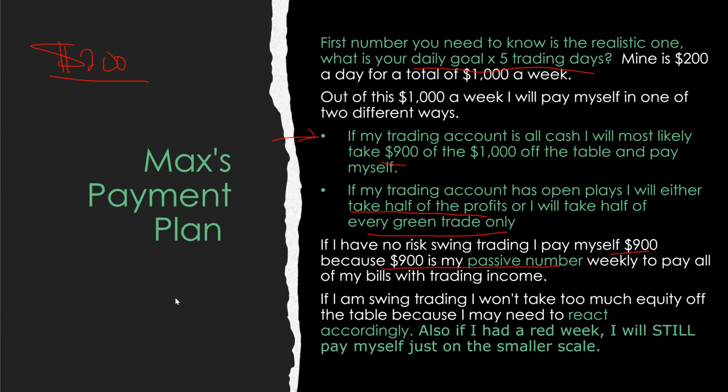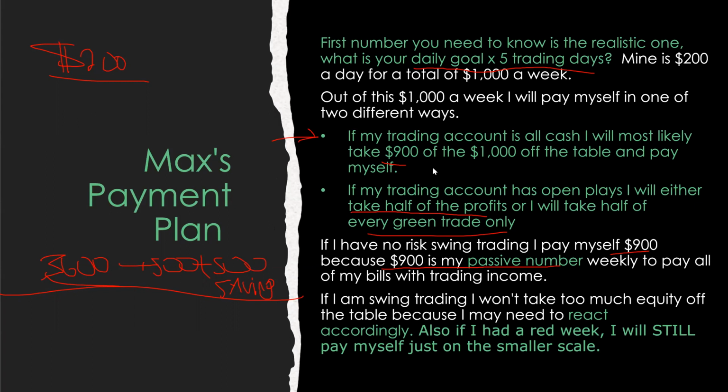Think about this. What number do you need to pay all your bills and survive comfortably? So $3,600 a month for me is all my bills plus $500 miscellaneous plus $500 savings. So if I hit rock bottom, I know at $3,600 a month, I could find my way back to success. All right. This is how you should be set up. This is how you should be living your life, thinking like this.